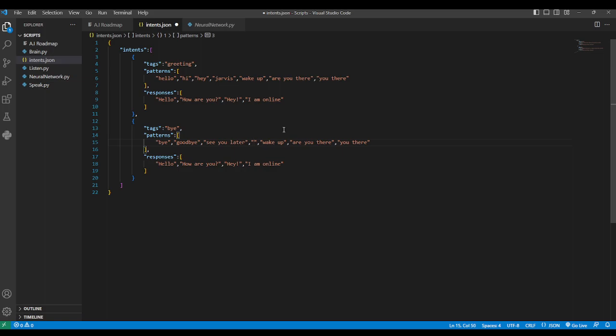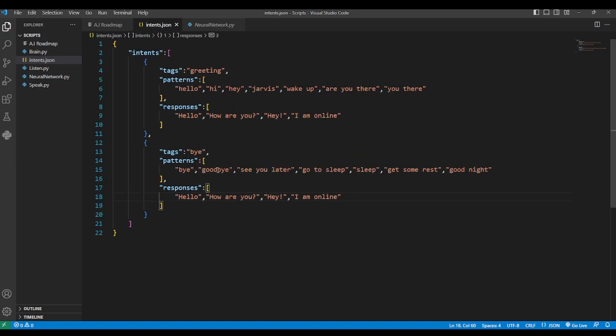And then you can put in go to sleep. Sleep. Get some rest. And then you can put in good night if you want. Yeah. So as you can see, we have created the bye feeling for this, but there's still a problem because